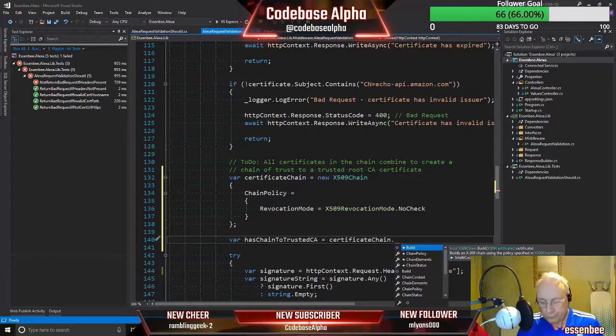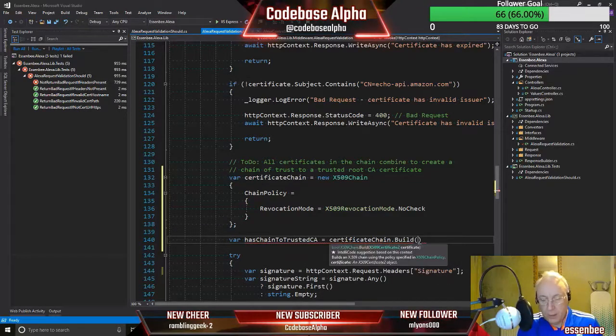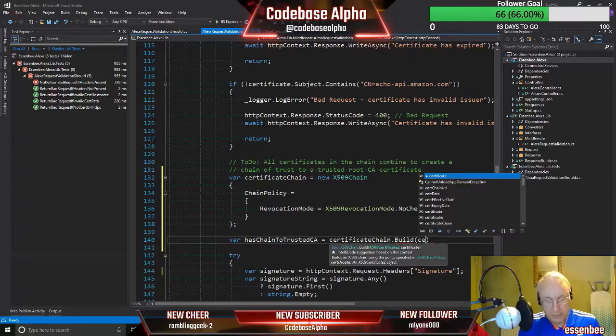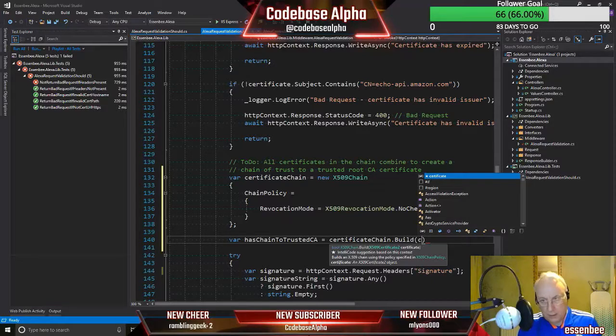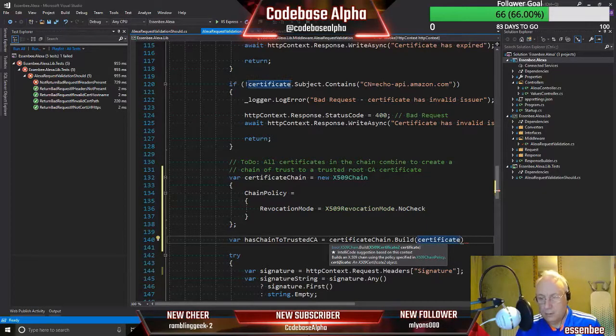So build is right at the top of this, which is good, and we basically put our certificate into that. And you can see, if we just delete that again, even here, as I start to type, certificate is starred on that list, so it knows it's waiting for an X509 certificate. Okay, so we got that,